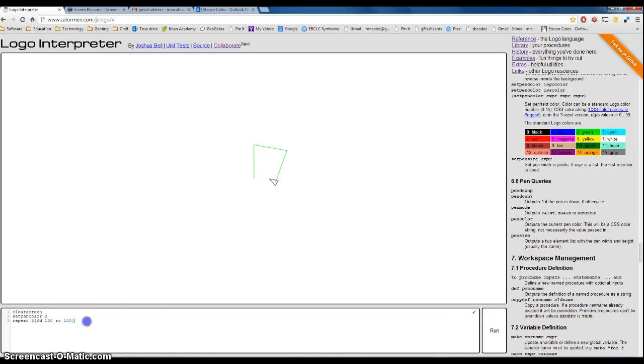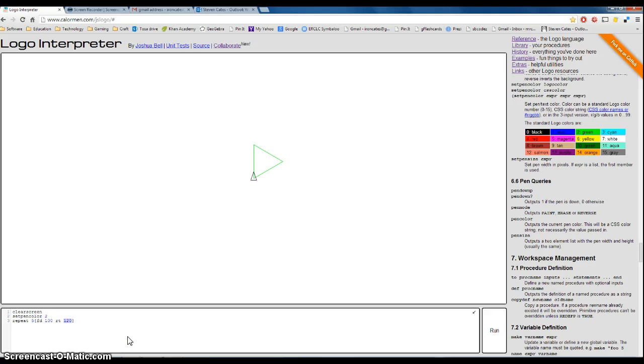Okay, so now that we figured out how the triangle needs to turn, it was 120 degrees. Let's see if that works. Yeah, that makes a perfect regular polygon, an equilateral triangle. So the next step might be, let's see what we can do about making any polygon. So if I wanted to do 5, then I would do 360 divided by 5, which actually comes out to